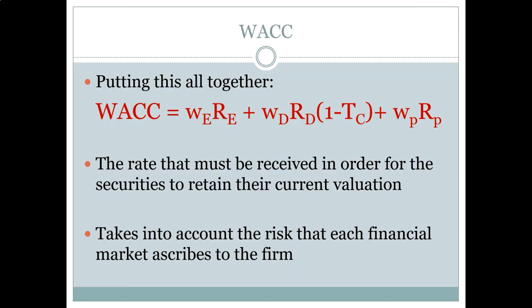And now we have all the pieces that we need to put it all together to calculate and estimate the weighted average cost of capital. You can see that I've included all three terms here. The weighted average cost of capital is equal to the weight of each source of financing times the cost of each source of financing, with one caveat: we also include 1 minus the tax rate, because the cost of debt that we're actually interested in is the after-tax cost of debt.